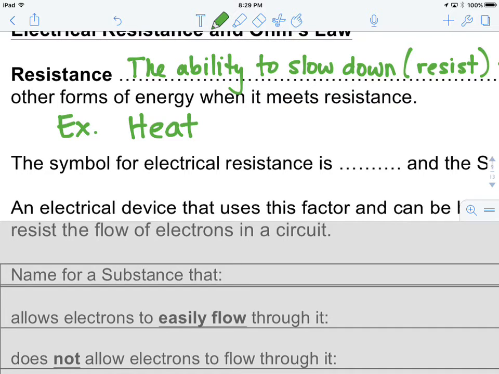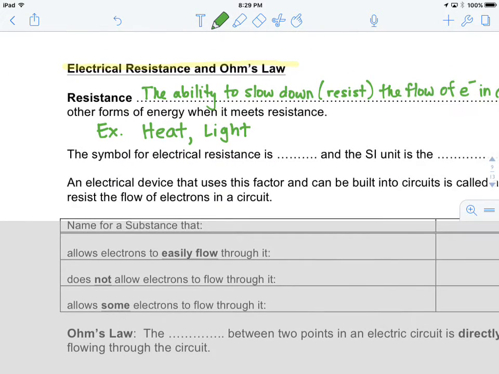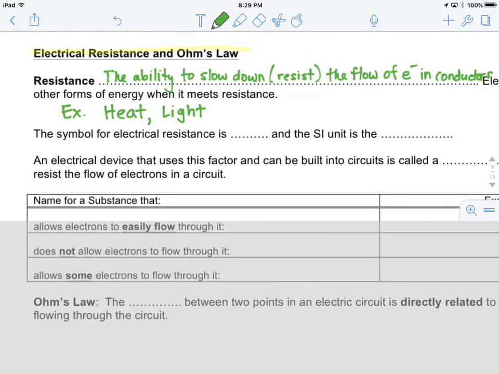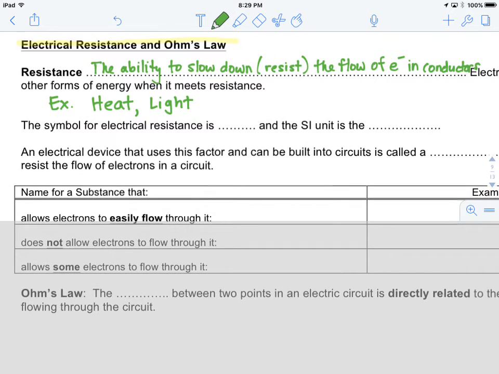It's because the wires have resistance. Certainly, sometimes we see light energy being produced, and that's the case of an incandescent light bulb. But these are examples of the forms of energy that might be produced when this electric energy meets